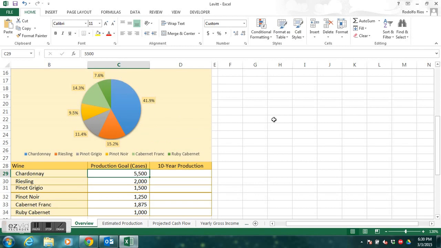Let's go back and change that back to 3,500. So our pie goes back to the way it was. And let's look at our Riesling production and change that to 4,000. All right, so now the Riesling production, because that's the biggest producer now, becomes the biggest slice and the biggest percentage, 30.5. And let's go ahead and change that back also to 2,000, the way it was, because these are just what-if scenarios. They allow you to make changes, and we are reminded that Riesling should really say white